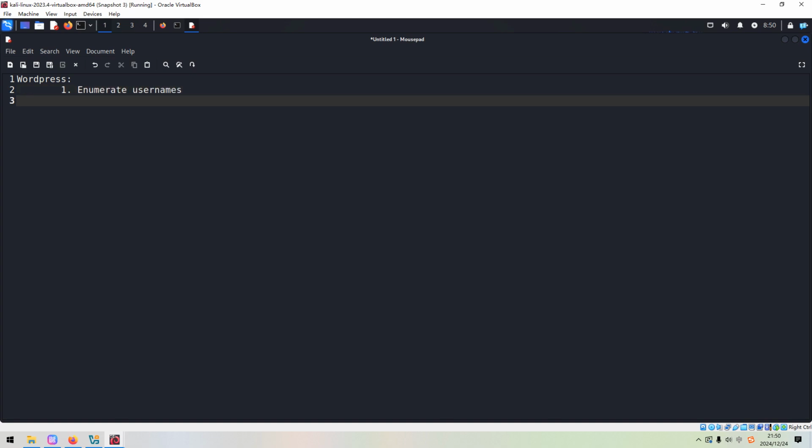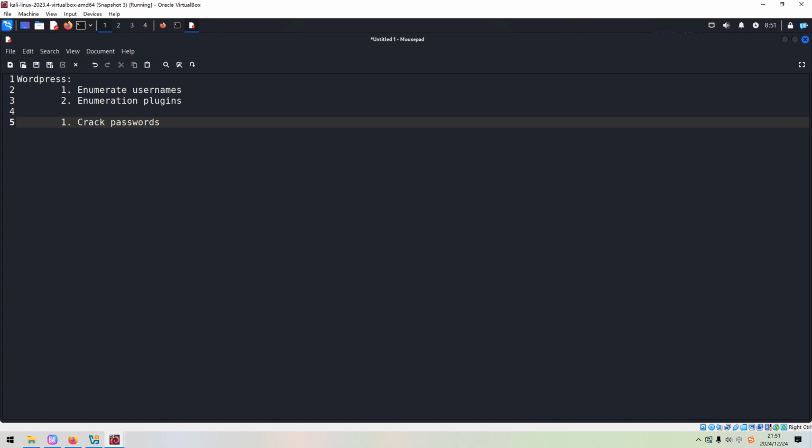And the second, we can enumerate the plugins. And if the username can be discovered, then we can try to crack the password.